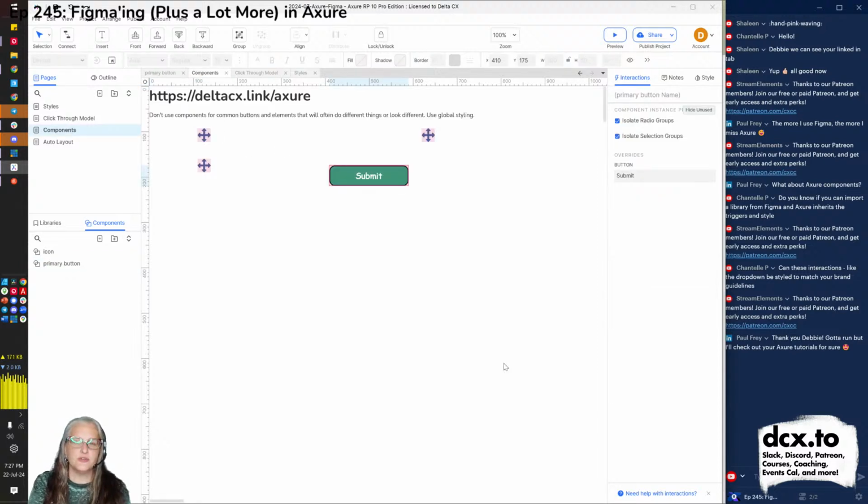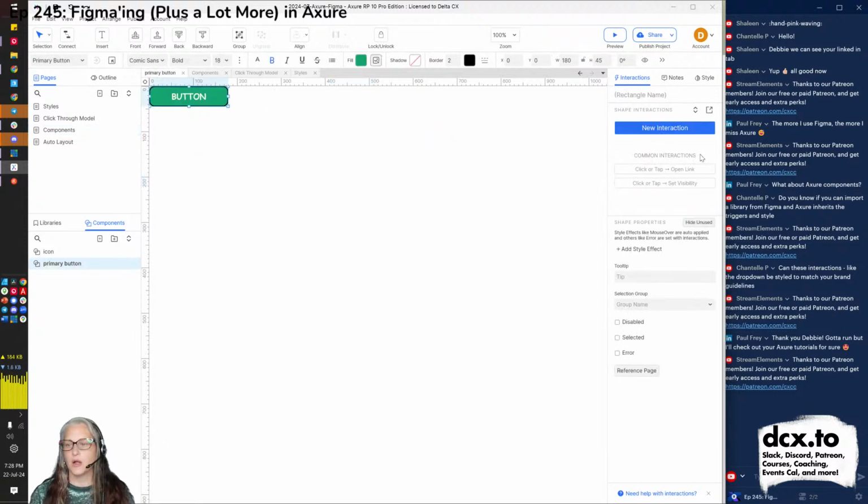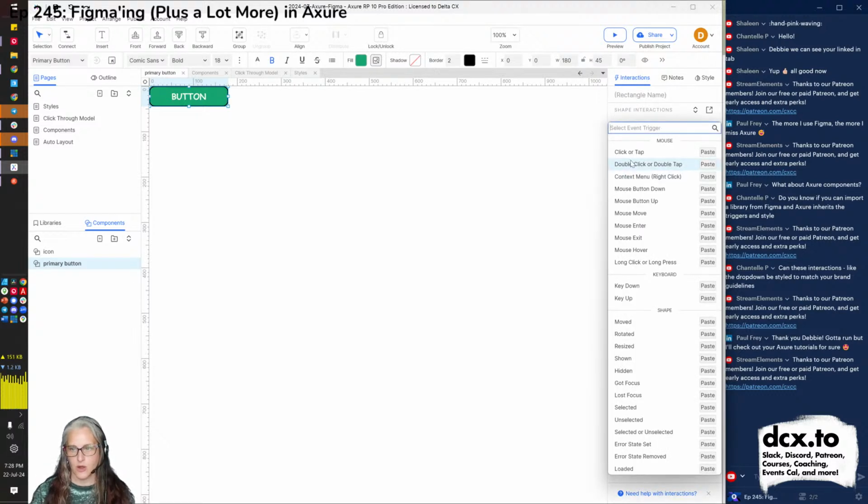But again, the difference is that with Axure, if in a Figma component, you would be able to start linking up lots of stuff. In an Axure component, you can do it, but it's more of an advanced feature. It uses something called raised event, which you've heard Dr. Nick mention on our show. So it can be done. It's just a little bit more of an advanced technique. So I don't want you to think that it can't be done. It can. It's just more of an advanced technique. I'll build that technique super quickly, but you'll probably want to see my videos for the long version.